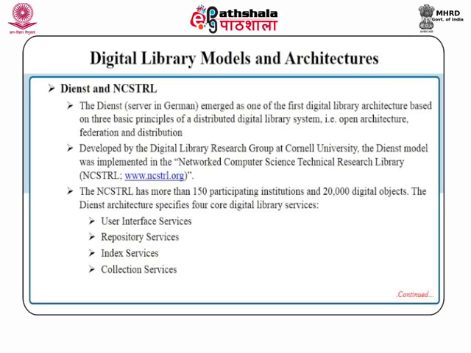The DIENST model was implemented in the Networked Computer Science Technical Research Library, which is available at www.ncstrl.org. The NCSTRL has more than 150 participating institutes and 20,000 digital objects. The DIENST architecture specifies 4 core digital library services, that is user interface service, repository service, index service and collection